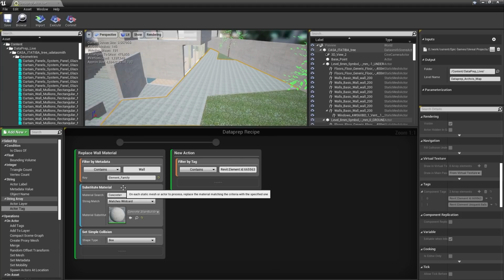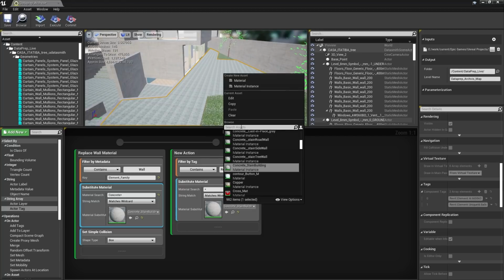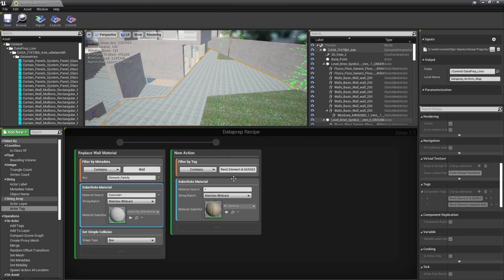And now we're going to again substitute the material, but rather than dragging it over from our box over here, we can actually copy and paste by simply holding down Control and then dragging it to a new step. This time we're going to change back to an asterisk for our wildcard, and then we'll change our material dropdown to MI_decking. All right, so that's just another way of selecting objects. But you can see here we're basically only adding one material at a time. There's a much better way, and that is to use a material lookup table.